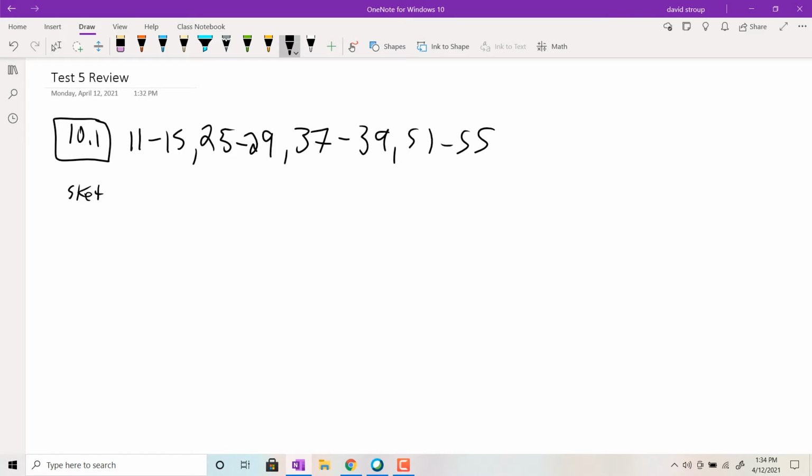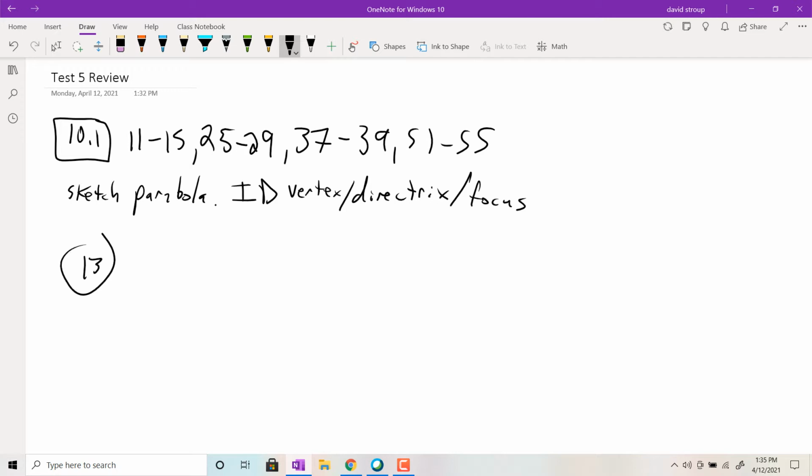So basically you have to sketch the parabola and all of its detail. Sketch parabola. And that'll include the vertex and the focus and the directrix. And of course also ID that information as well. So ID the vertex, the directrix, and the focus. Okay, so number 13, we have given y squared minus 4y minus 4x equals 0, and the